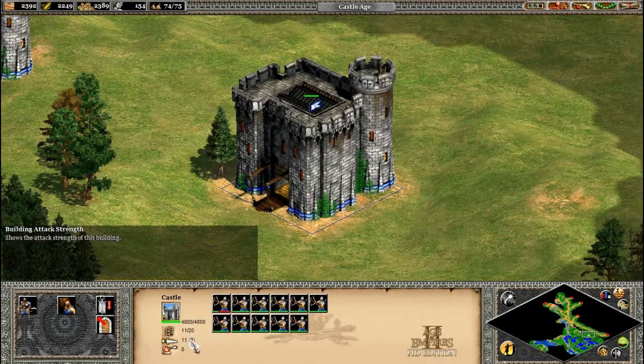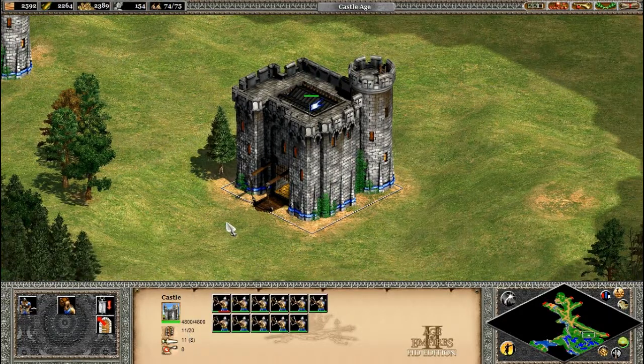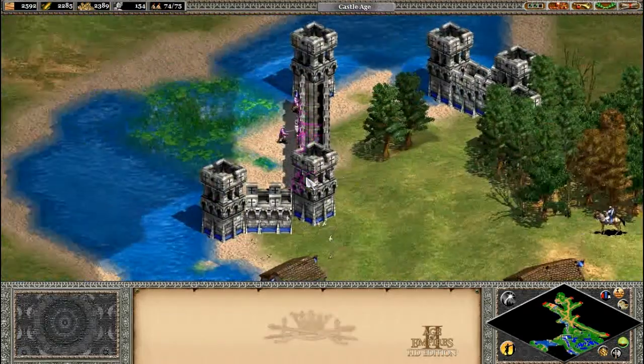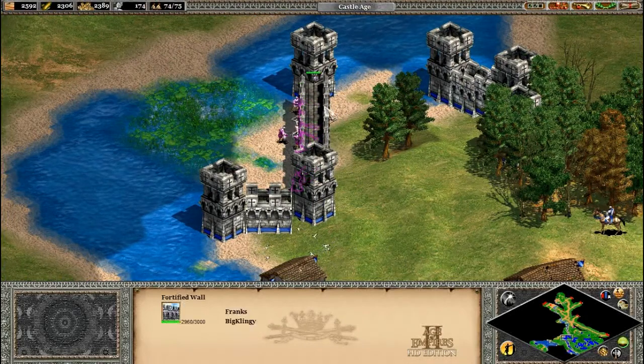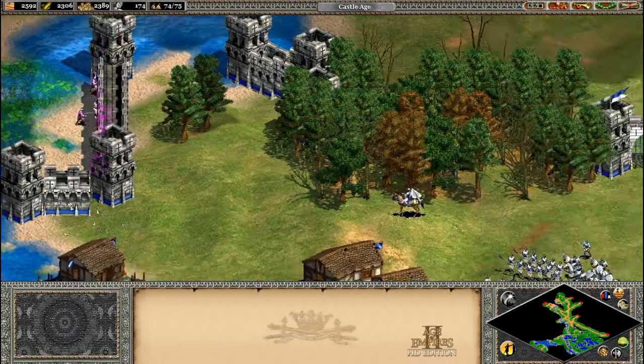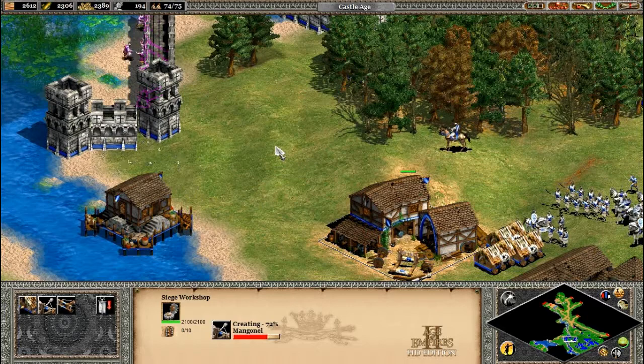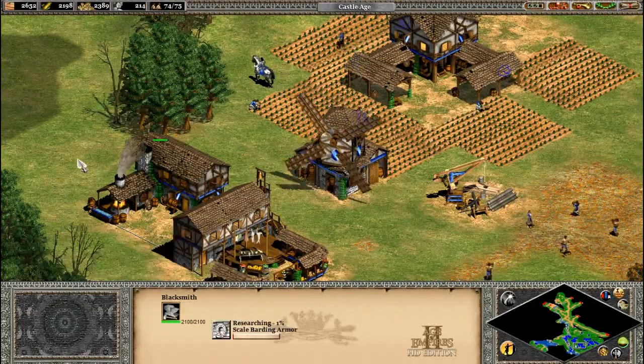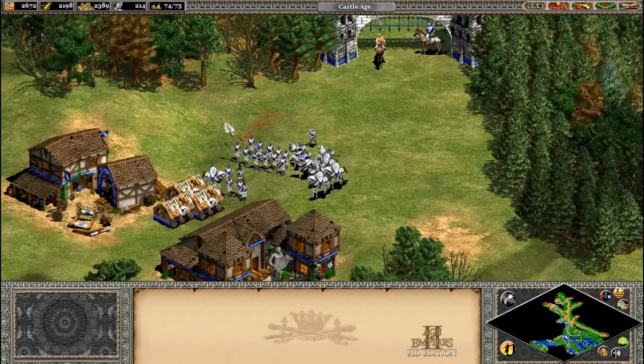You'll notice this castle has 11 in brackets 8. That's improved by all the archers garrisoned in it. Archers garrisoned inside castles will fire additional arrows. And there's no way these guys are getting through this wall. I'm just waiting for the mangonel to finish, because that's going to be hilarious. But anyway, you want as many upgrades as possible on your...